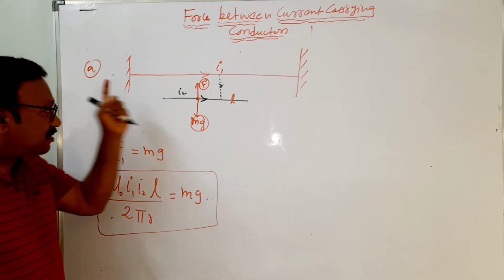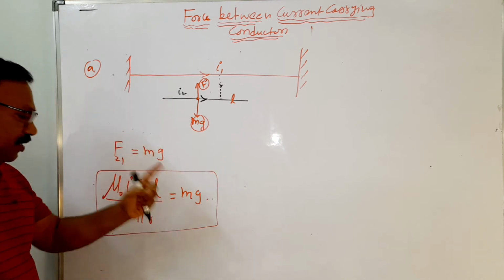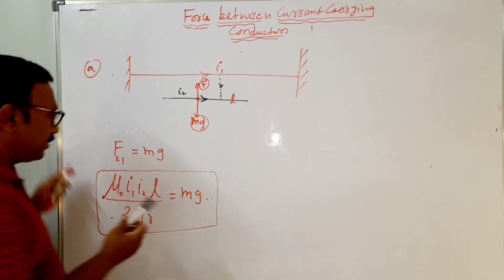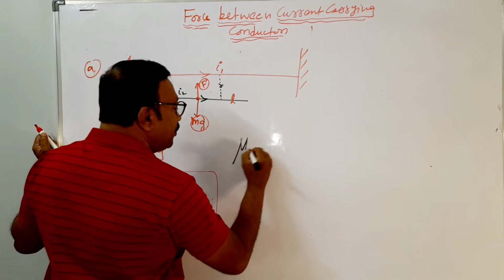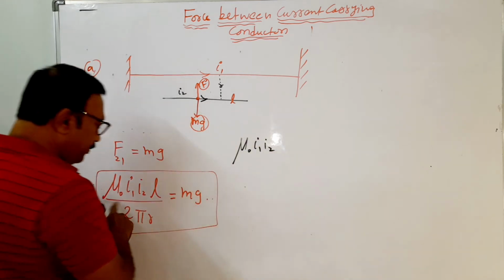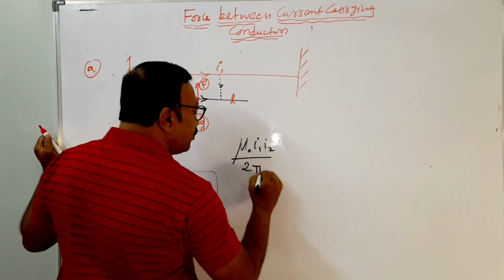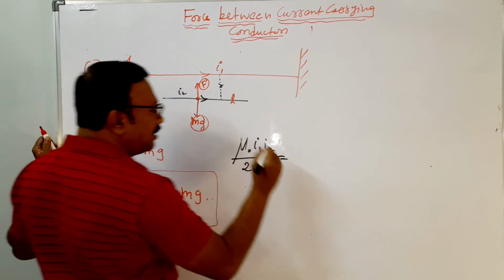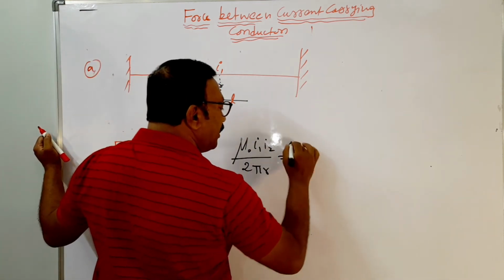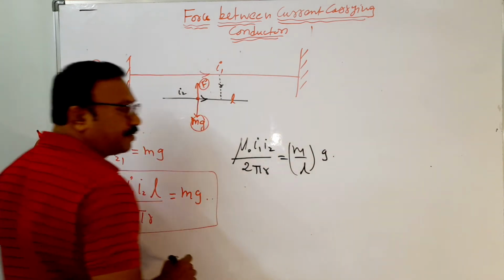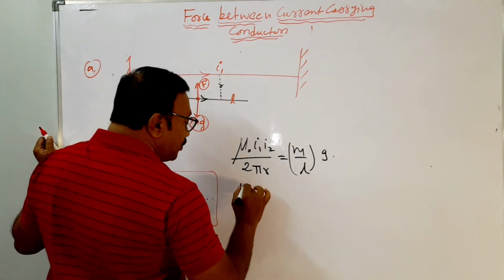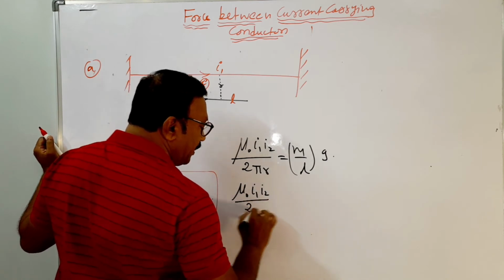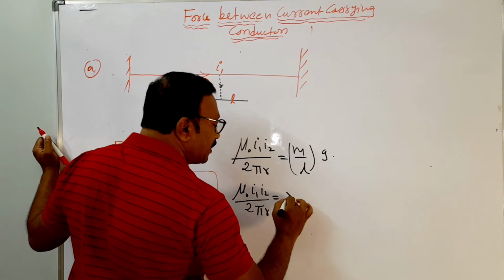The force on this wire is given by this relation. I'll send L to that side now. So this is mu naught I1 I2 divided by 2 pi r is equal to m by L. This m by L means mass of this wire by length of the wire, m by L into g. See, this is also written as mu naught I1 I2 divided by 2 pi r is equal to some lambda